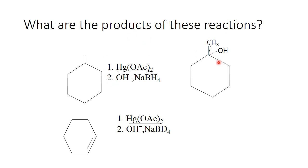The product of this reaction is that this is the more substituted carbon. So the mercury, you'll make the mercurinium ion right here. And then it will ring open to put a little bit more positive charge here. So water attacks there, putting the hydroxyl group on this carbon, and then the mercury will end up on this carbon, and the sodium borohydride will reduce the mercury down to the